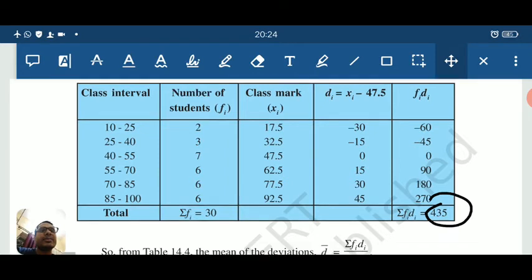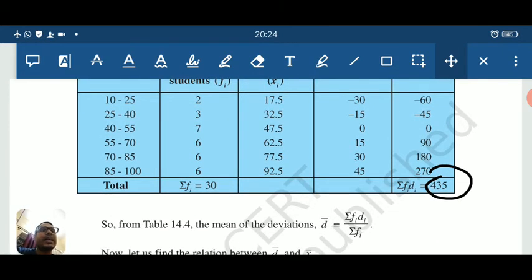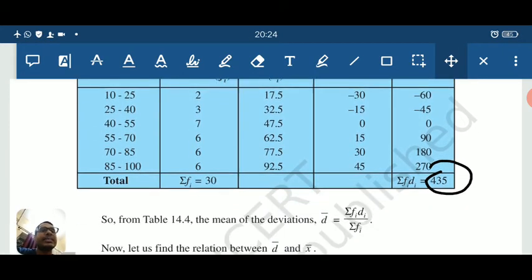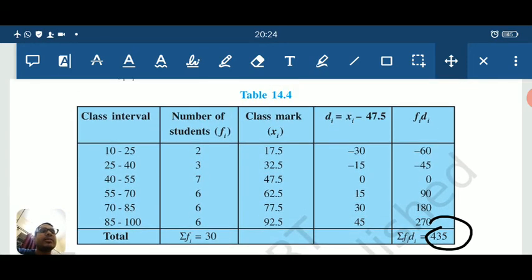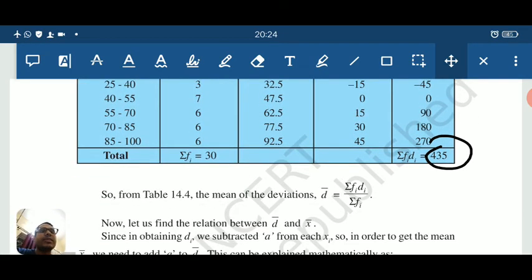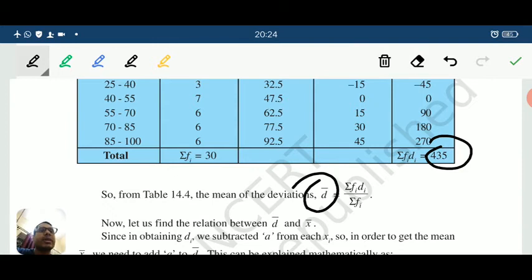Now you got sigma of FiDi by adding all the FiDis. Now how to find the mean of this deviation? So this deviation mean is d bar. Mean is always given by bar sign. So d bar is equal to sigma of FiDi by sigma of Fi. So first of all our prime responsibility is to find the mean deviation, and then finding the